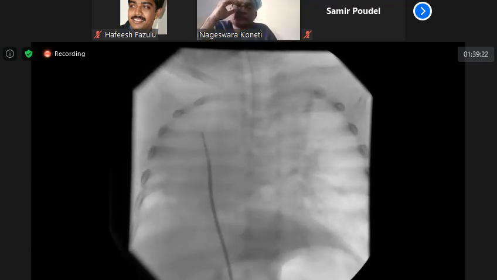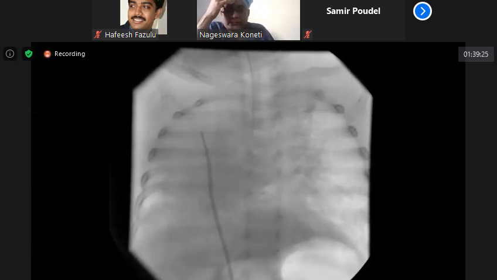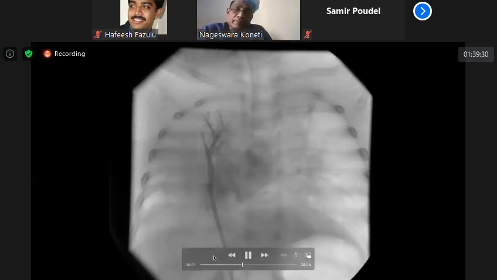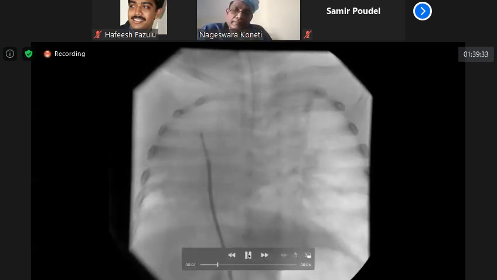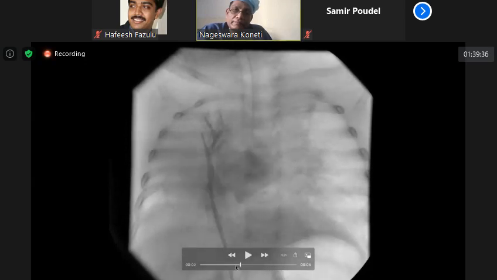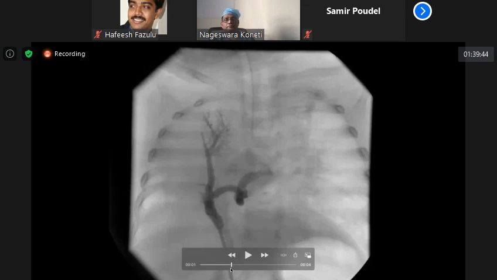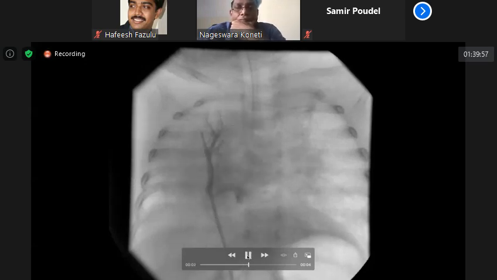It's an angiogram done in AP view. The course of the catheter is from the inferior femoral vein, inferior vena cava, then into the right pulmonary vein. Not very clear whether it is a lower or upper. It appears like an upper pulmonary vein, sir. The contrast is filling the right upper pulmonary vein, followed by the IVC, and there is another channel which is filling, and the contrast is filling into the atrium, sir.